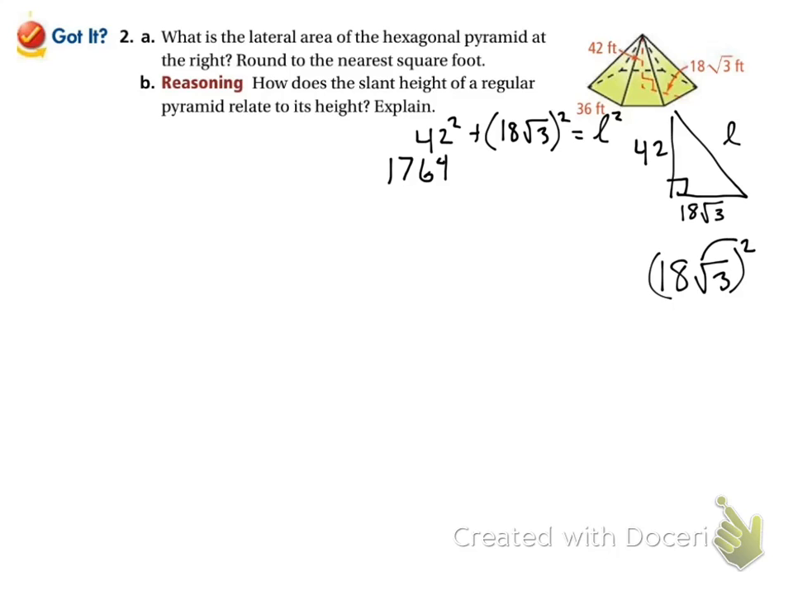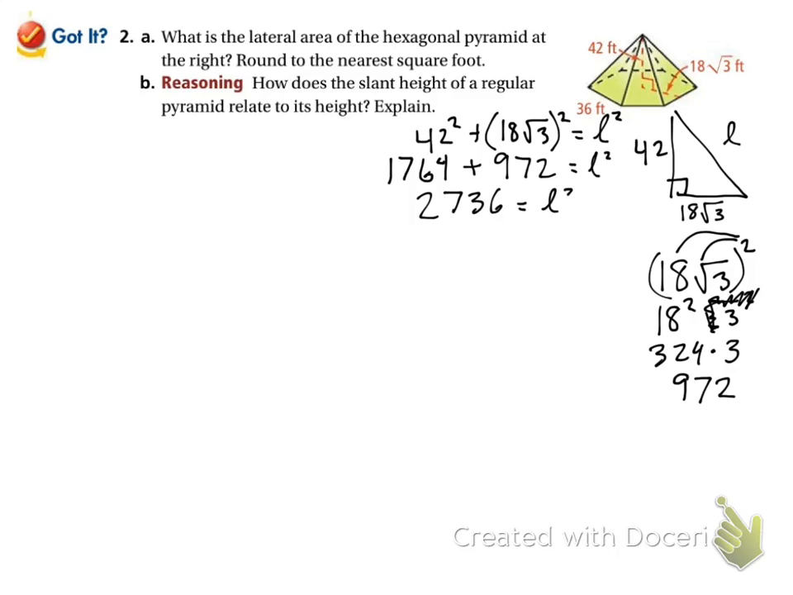Okay, I can distribute my square into both parts. So I get 18 squared, square root of 3 squared. When we have a square root and a square, they cancel each other off. They're opposites. 18 squared is 324 times, now my 3 is alone. And when you multiply by 3, we get 972. So plus 972 is equal to L squared. 972 plus 1,764 gives me